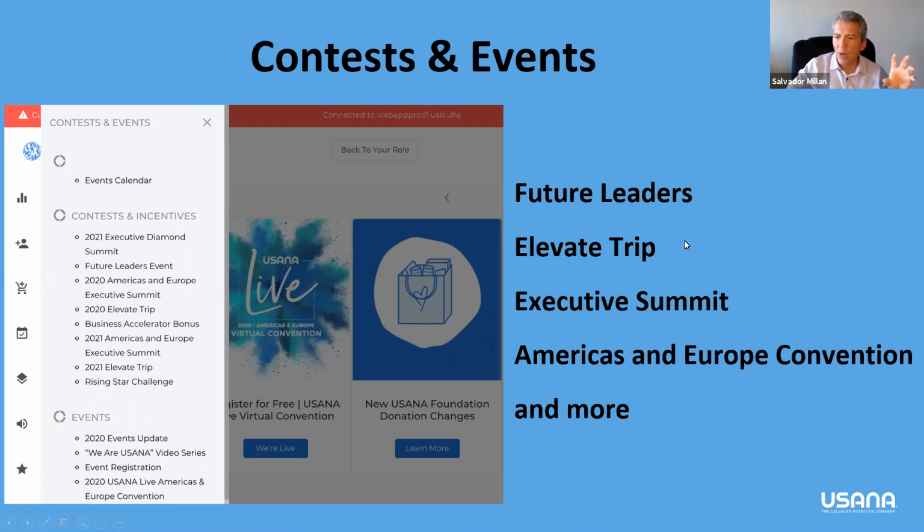This period we are focusing on going to Disney, which is great for the family. Then also we have the Executive Summit, and then the Americas and Europe Convention. In 2020 we did this online, obviously because of COVID, but this is a fantastic event that you need to plan. I would hope that by 2021 things are back to normal and we can go to this event in person again, which is a great booster for people. People that go to these events usually see the results in their business because of the amount of learning